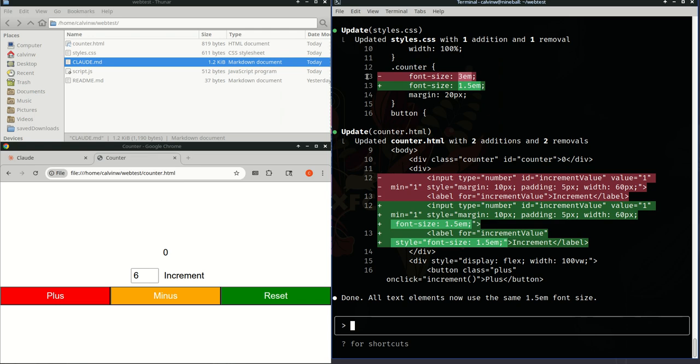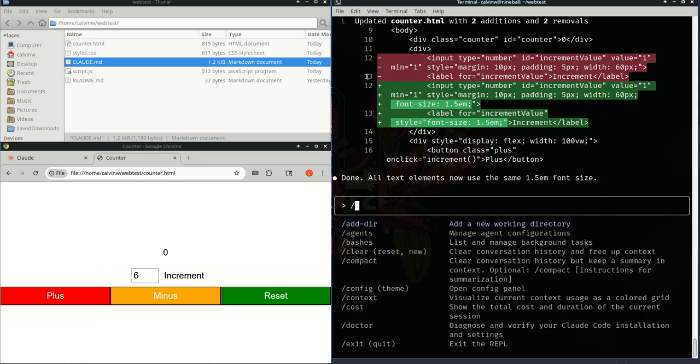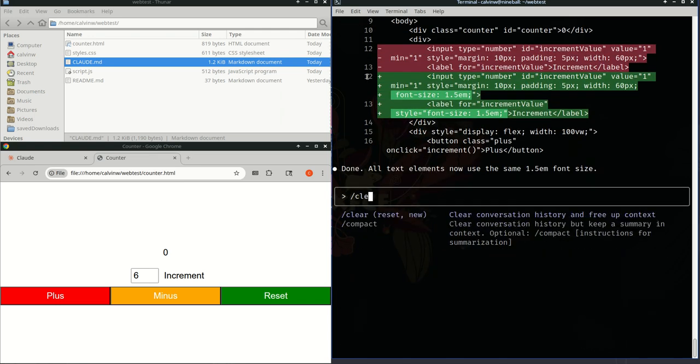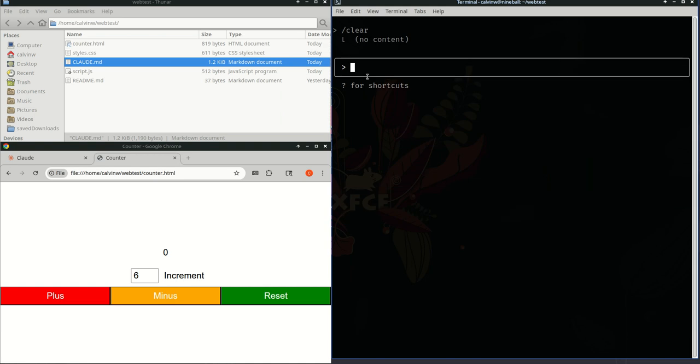So, okay, I'm actually just going to clear what we just loaded in and say clear. And so when you clear, it just goes and throws away all the conversation. So now this would be kind of like starting again, but you don't want to use the conversation from before, but you still want it to look at everything. So can you look at the Claude